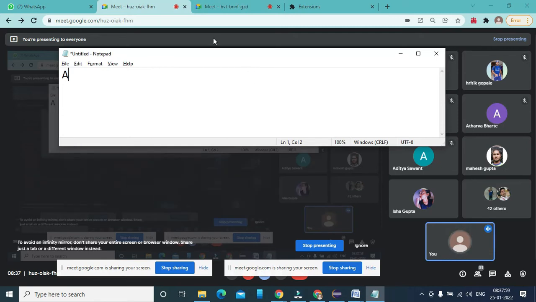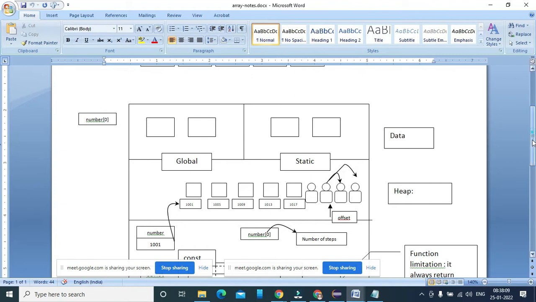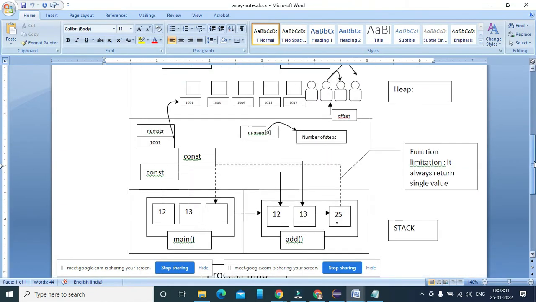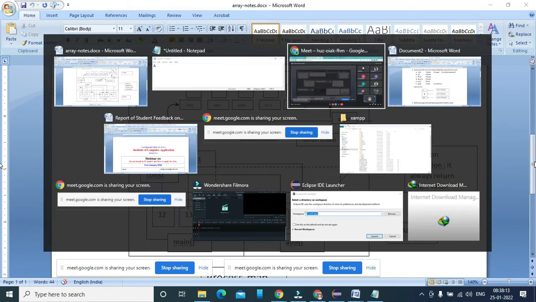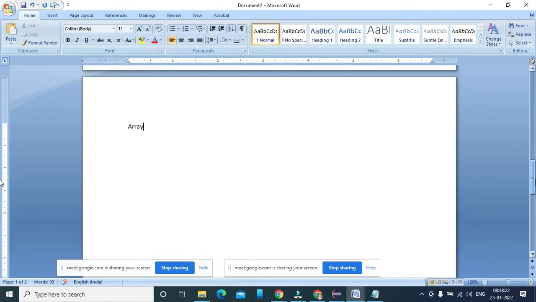So here I'm talking about the value type and the reference type. Let us move to this part, array nodes again. This is a process map we are talking about, and this is the new information I shared right now. So here we have array.